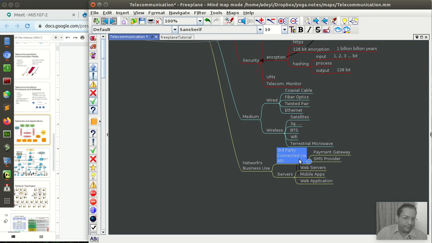API is like sending a message in the background. If you remember, there are certain messages whenever you want to buy a pack from your mobile service provider. You write down some kind of code, and automatically the system rewards you with certain packages. Similarly, an API is like sending a particular message to another server, like a payment gateway or an SMS provider. Based on your message, they will send messages to other people, or they will take payment on your behalf from your customer.